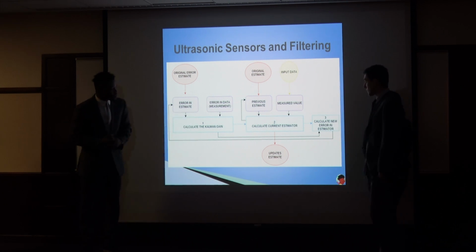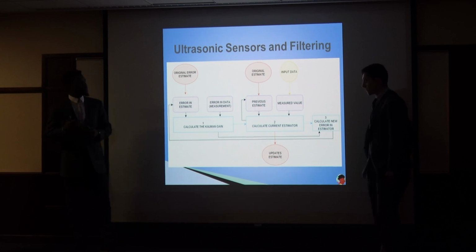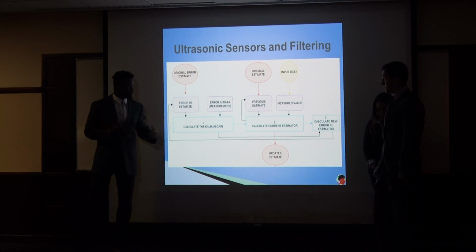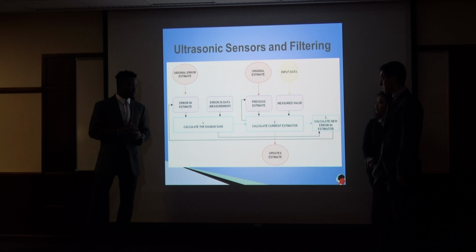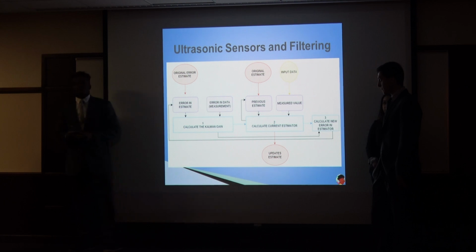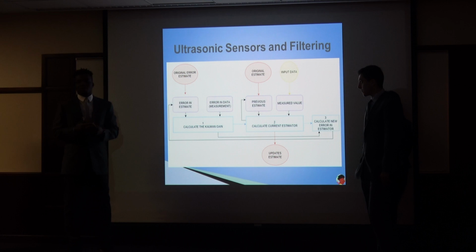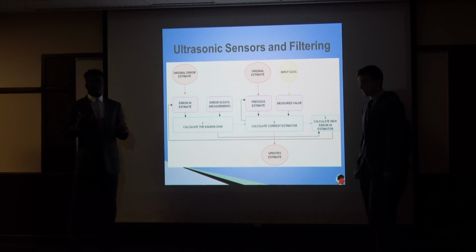We then move on to calculate the current estimate, which has inputs of the original estimate and the input data. This shows 2 results, which are the updated estimate and the new error inside the estimate. The Kalman filter is used for mitigating the error inside our ultrasonic sensor, therefore giving us real